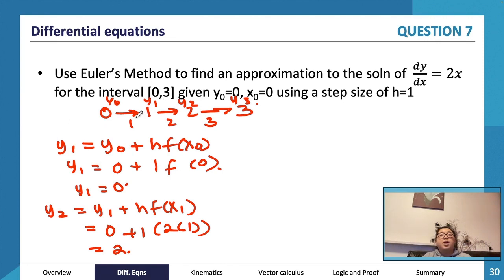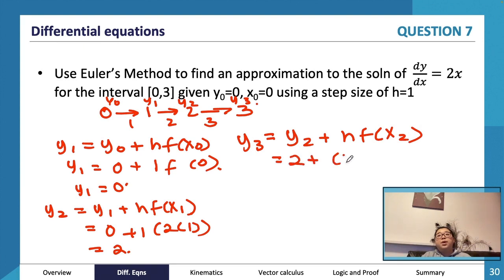So essentially when x equals 1, y equals 0. When x equals 2, y equals 2. So therefore we'll move on to y3 now. So when x equals 3, you're essentially going to get that this is going to be y2 plus h f(x2). So that's going to be 2 plus 1 times x2, which is 2 times 2 in terms of our value. So we're going to get 2 plus 4, which is going to equal